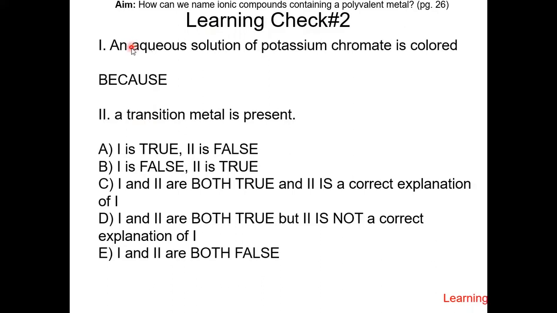Learning check number 2. An aqueous solution of potassium chromate is colored because a transition metal is present. Pause the video and resume once you complete this. This is an SAT2 question. Potassium is K. K is not a transition metal. Chromate is a polyatomic ion,